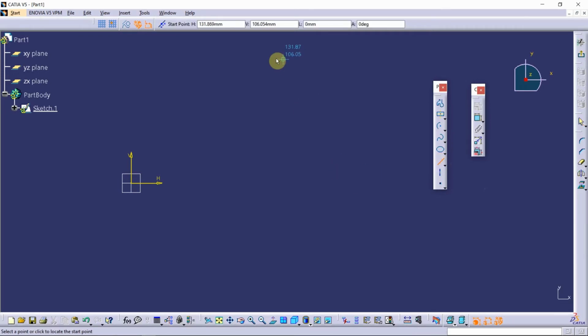Below that you can see a line. I can select start point and end point, it will create a line. And below that this is an axis. This is like a reference line. You will use this. This is not actually in the sketch thing, but it stays as a different reference element.